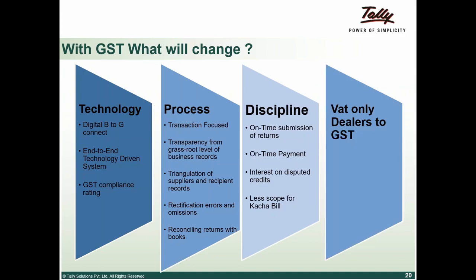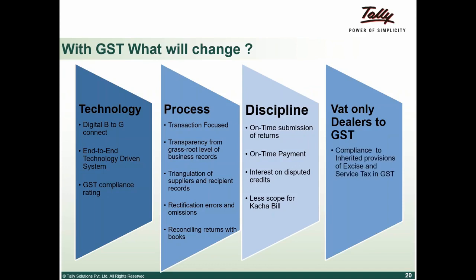And what is one major change that is going to happen for the VAT-only dealer? If you see, since the VAT exemption limit is ranging between 5 to 25 lakhs across the country, right? And for excise the threshold limit is 1.5 crore. Even if I'm a manufacturer, if my annual turnover is less than 1.5 crore, I will not be registered under excise. But then my turnover will exceed the threshold limit of any given state, then I will be a VAT dealer. Right. So today under GST, if you see, majority of the VAT dealers will now get